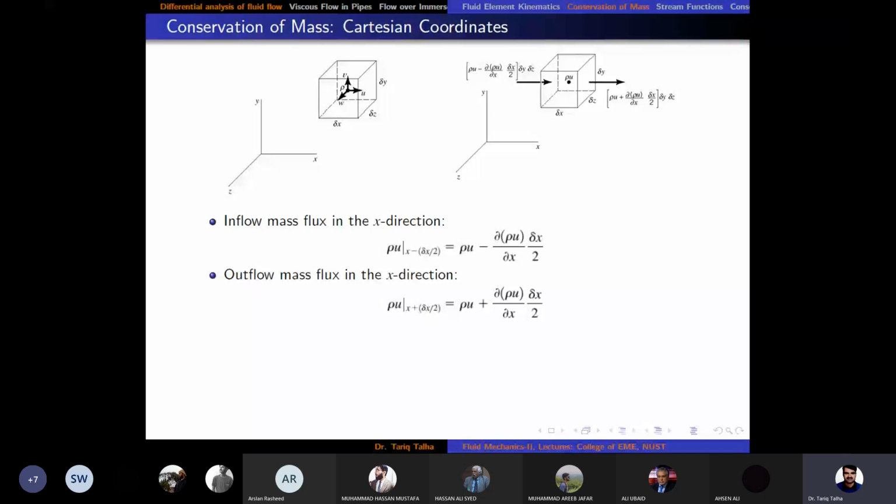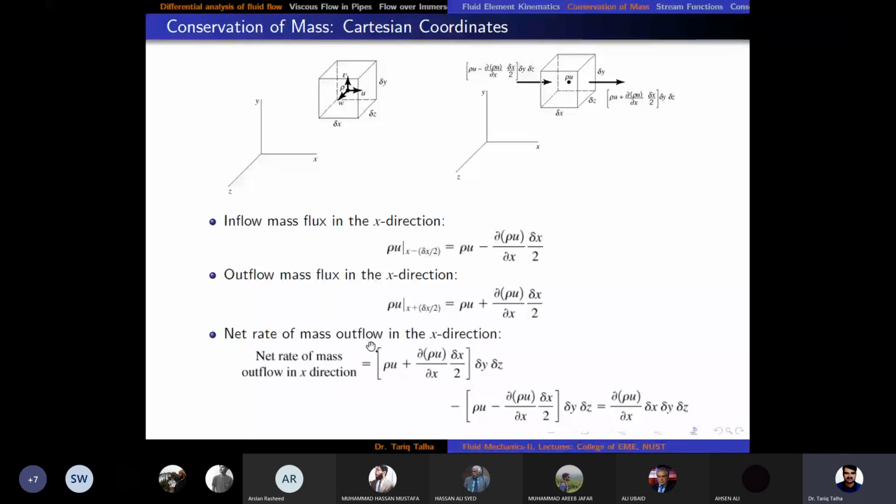So now if we write the net rate, you see that the term on the right hand side, which is going out, is written as a positive quantity, and the term on the left hand side is being subtracted from the first term. The reason is that v dot n, where the angle between the velocity and the outward unit vector is 180 degrees, gives cos of 180, which is minus. So that minus comes out here. We can write it like minus rho u.